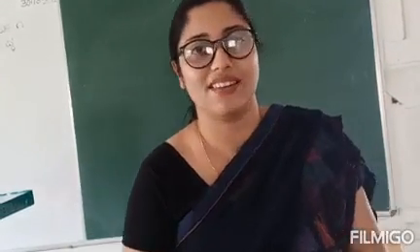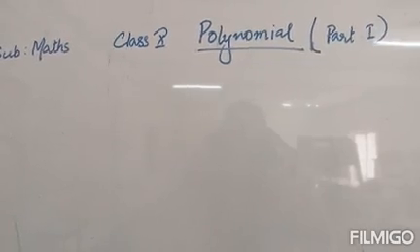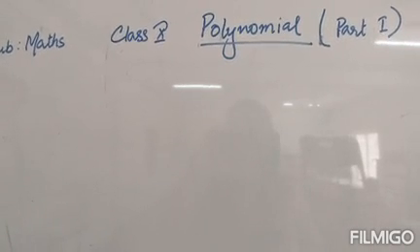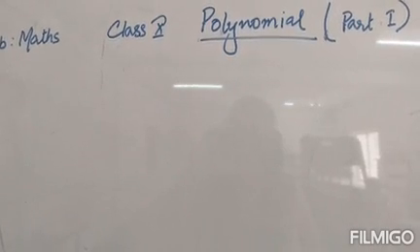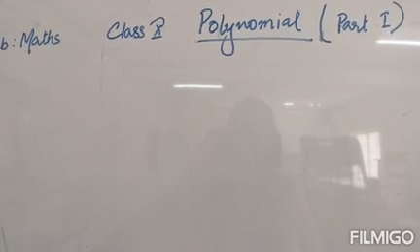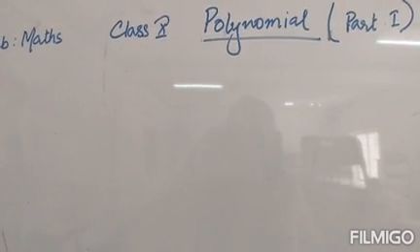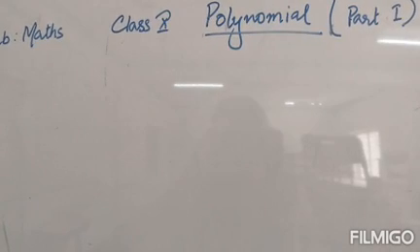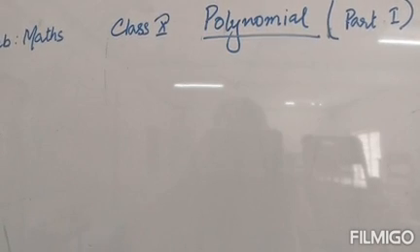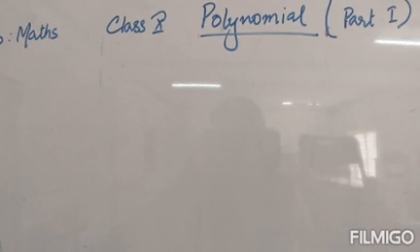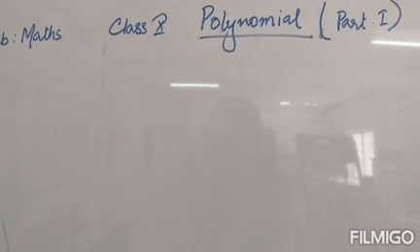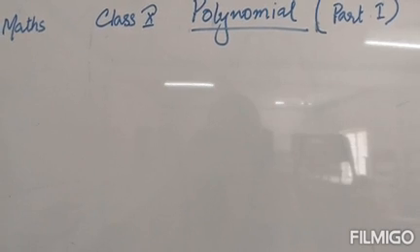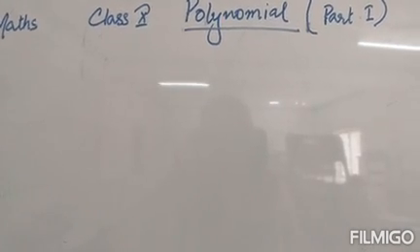Okay, let's begin. We are going to start with maths second chapter, polynomial part 1. In this chapter we are going to learn about the different terminologies that are related to polynomial, and it will be a brush up of what you have learned in class 9. You will also be learning how to represent zeros of polynomial, what is the relationship between zeros of polynomial and the coefficient of polynomial, and also the division algorithm for polynomial.